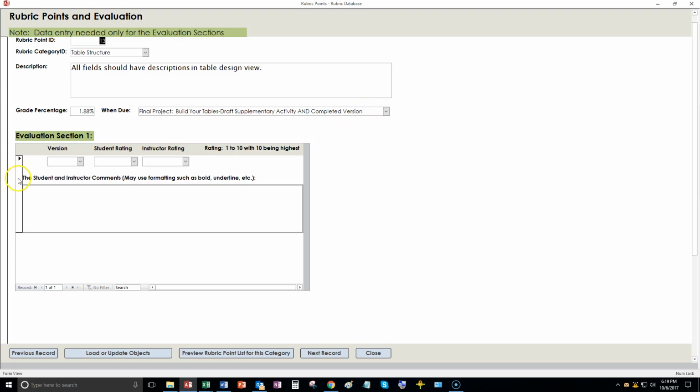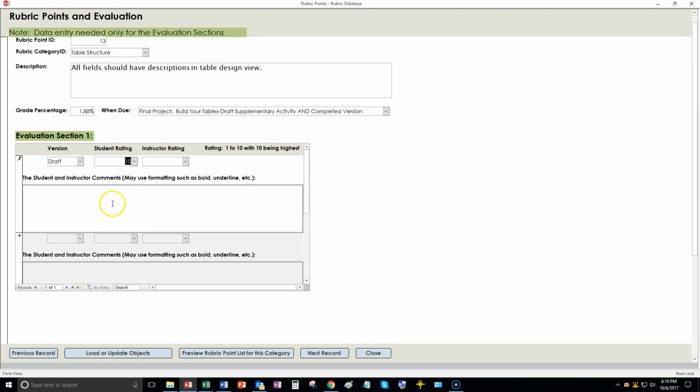So you'll need to do this for the draft, fill this out for the draft, and you'll need to fill it out for the final version or the completed version. Okay. And so I'm going to go ahead and do that just to give you an example. Okay. And you can say I've